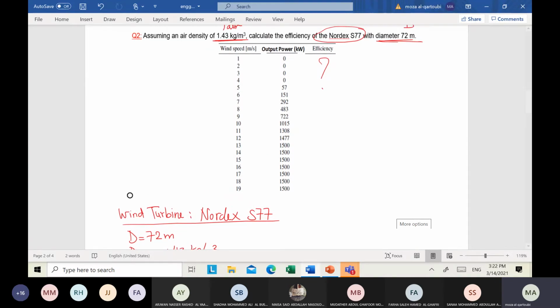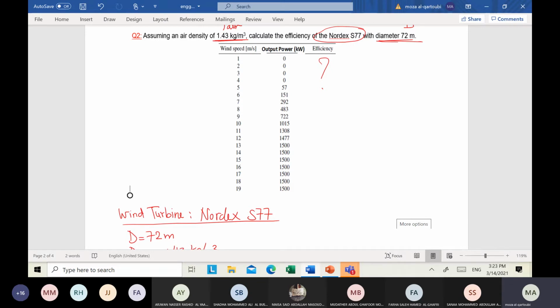You have a turbine, and the output power of this turbine is given. Starting from 0 in the second column, we have 0 output power when the wind speed is 1, 2, 3, and 4. So we always take the value of output power equal to 0. Also, with respect to wind speed, from 13 to 19, the output power is always the same